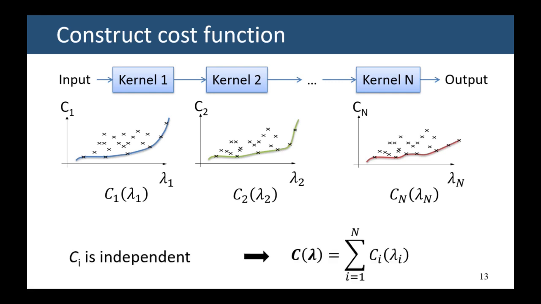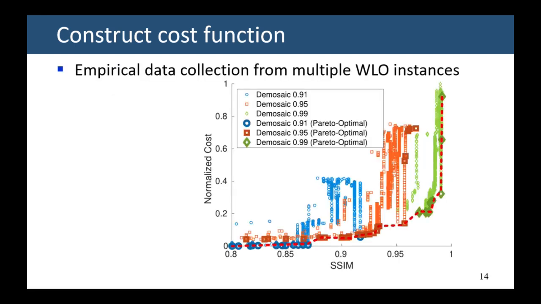Because the cost function of one kernel is independent of each other, the total cost is simply the sum of individual ones. In this slide, I show you how the empirical data is collected from the local search. As I mentioned before, we perform some instances of local search to have an initial design to construct the cost function. The figure shows the intermediate designs found by different local searches for kernel demosaic, which I present in the result section. Here we use the structural similarity SSIM as the accuracy metric and cost is the energy consumption, which is